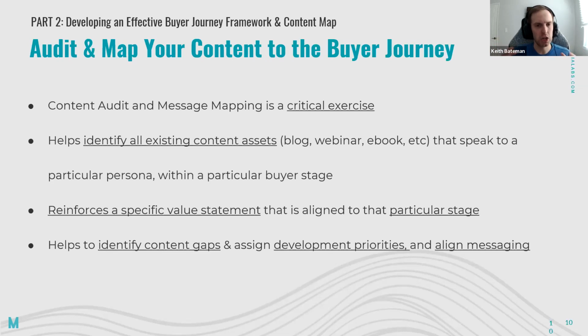So once we developed a buyer journey, and that buyer journey is different depending on company to company, and that buyer journey may be the ones that Forrester uses, where you have stage 1 through 6. That may be one that you develop your own, where you're talking about pre-purchase, evaluation, research, pre-purchase, opportunity, and then post-purchase. So that buyer journey stage is really defined by your company and how you want to develop it internally for your prospect journey. You may have 3 stages to 6 stages, but it's really up to working with your marketing team and your sales team to find what those prospect stages are internally.